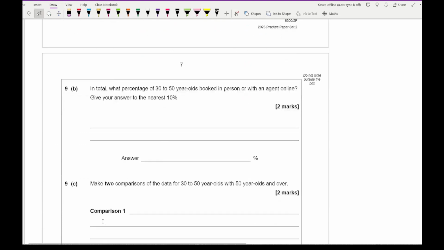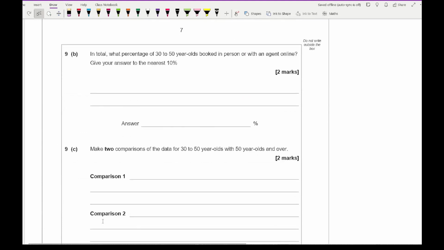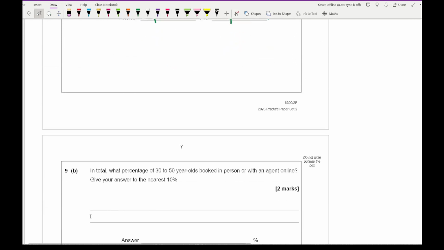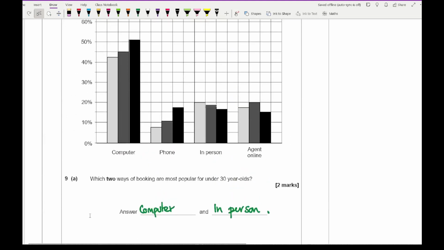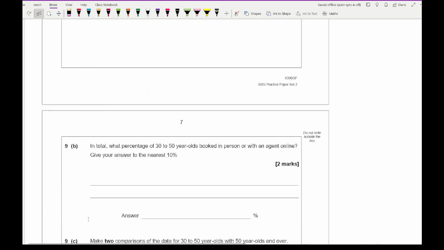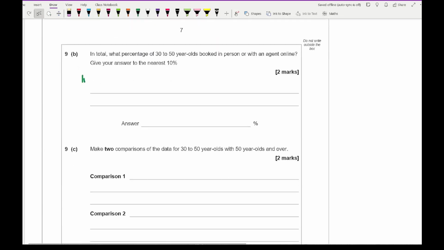Then moving on to 9b, it says in total what percentage of 30 to 50-year-olds booked in person or with an agent online? Give your answer to nearest 10%. So looking at the 30 to 50s in person, that's going to be just under 20%. So I would say in person